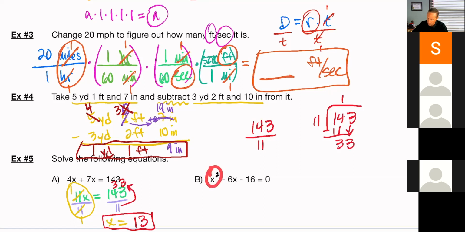When we have more than one x, we try to combine them so that we can get one x and then isolate it and get it by itself and provide the answer. The one and only answer that made this true or equal. Over here, we can't combine these. So we have to find a new technique. And our quickest, easiest way to solve something like this